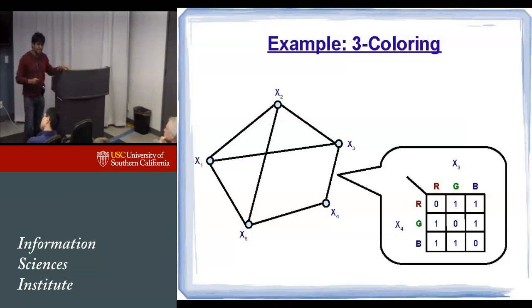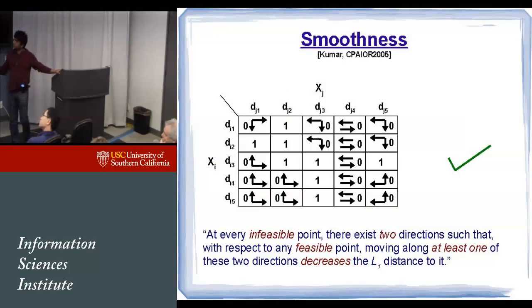The answer to that is in the affirmative. One of the cornerstone results is the idea of smoothness, which I first published about in 2005. Here is the definition of smoothness. Remember that we have an ordering on the domain values of all the variables. So here is xi, its domain values, and xj, its domain values, laid out like this. Let's say that we have only binary constraints in the system for now. A constraint is said to be smooth if the following property is true in its matrix representation: at every 0, that means at every infeasible point,